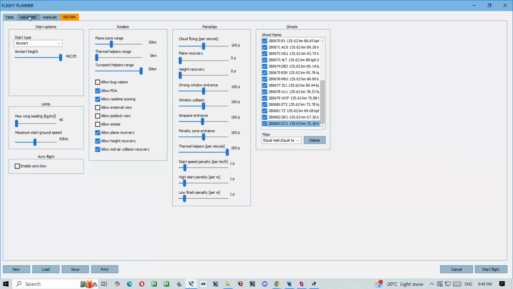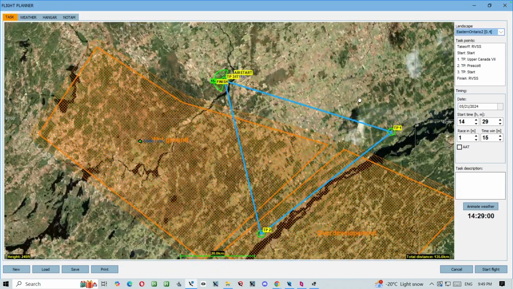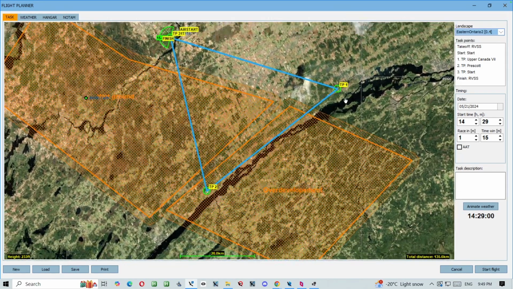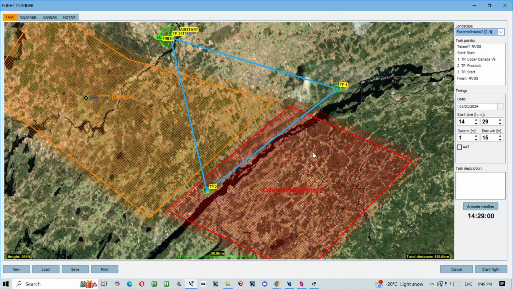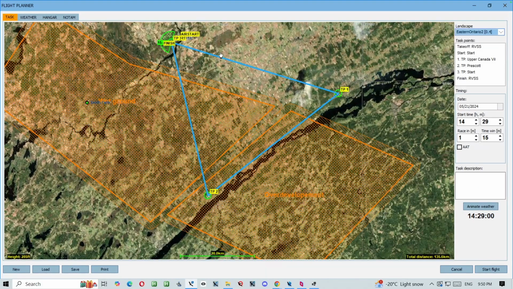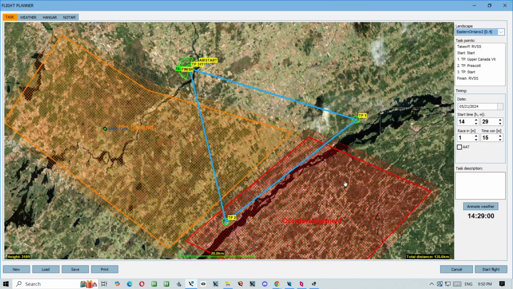The one other thing that can be useful that I'll point out is if you're in the situation, for example, on this task here, I made a decision which proved out to be very poor to do a big deviation to try to get under a bunch of big clouds, which often in Condor 3 works really good, but it did not work in this case. So if I was really curious what could have it been? Was I just on a slightly bad line and there's way better lift